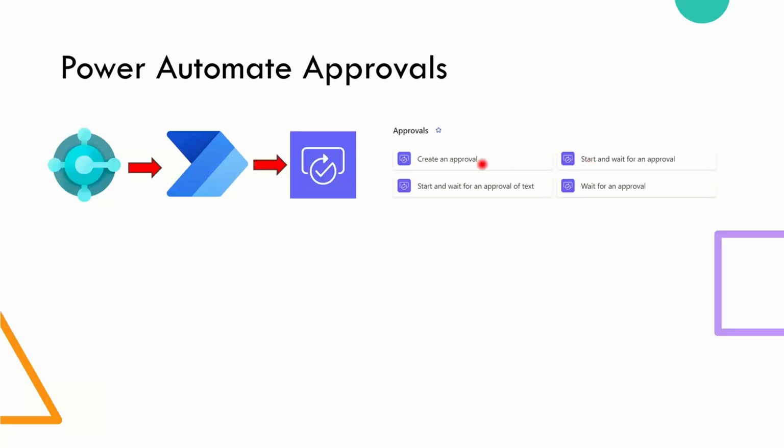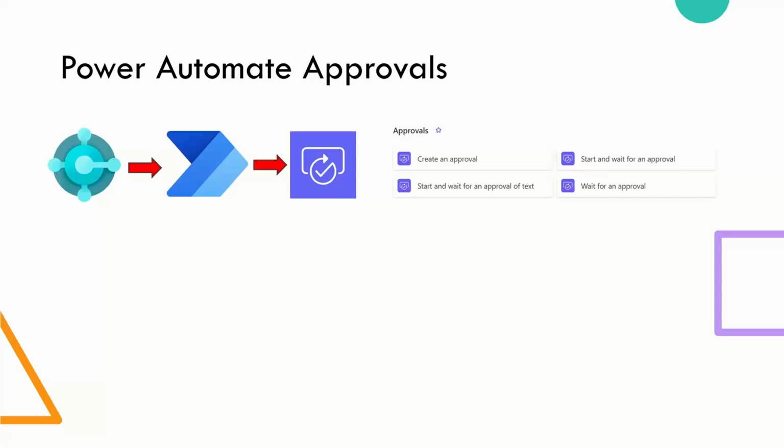But here it's called start and here it's called create. Start and wait actually means create and wait for an approval. And this is an alternative where you only have a type of text rather than HTML code or whatever you can put into the message. So what this Power Automate step is doing in your flow is, well, from the templates from Microsoft, it uses the start and wait for an approval.